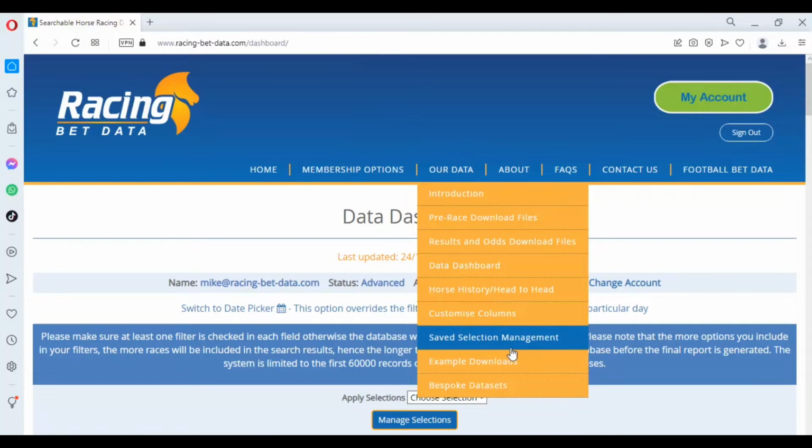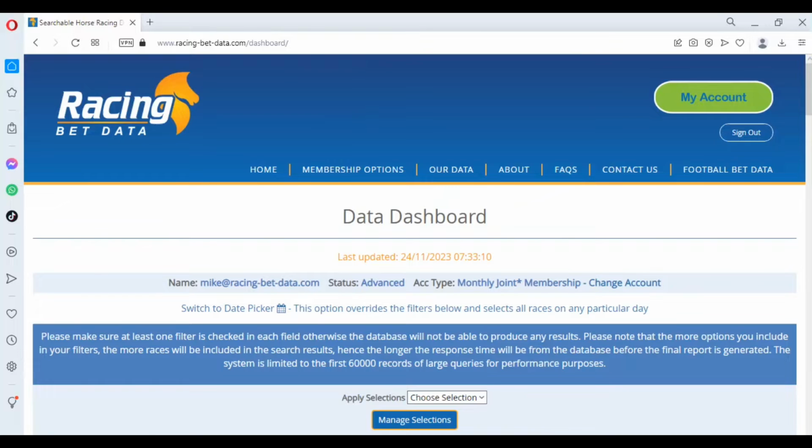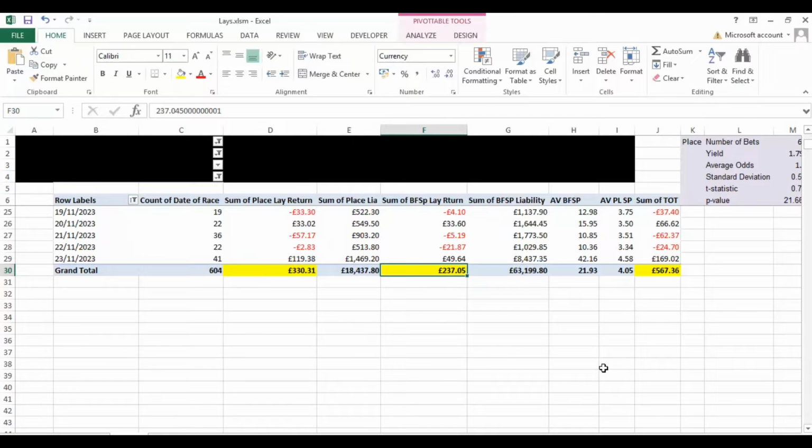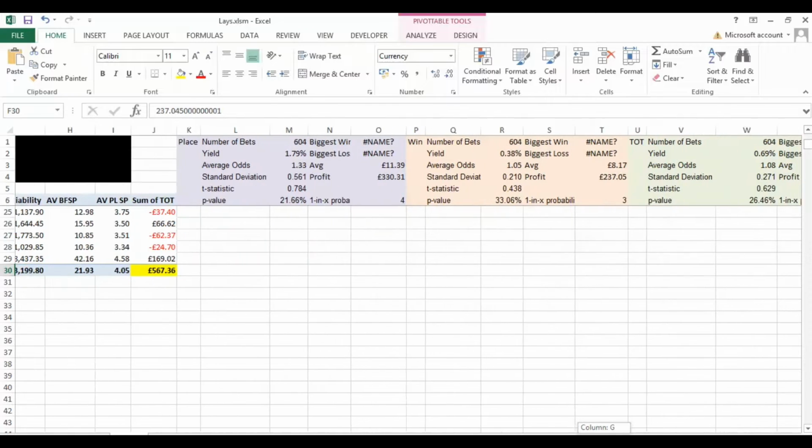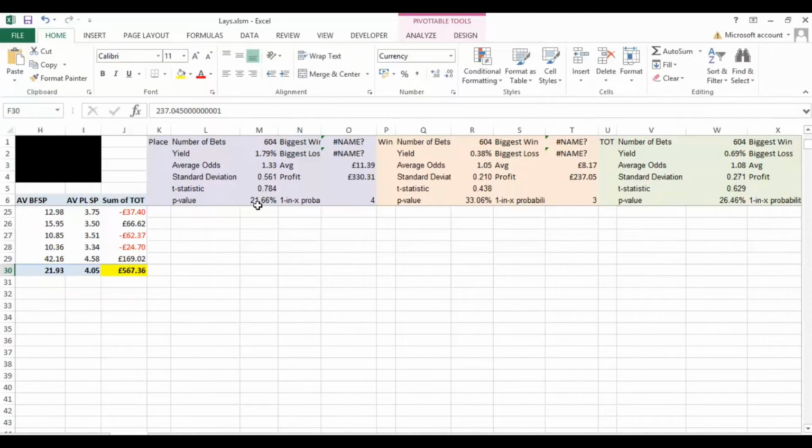Now I also showed you, and I'm just going to go back to the website as well and show you where it is, but in the example downloads page there is a statistical relevance file which is free to download. There's separate videos on that, so I'm not going to go into that in any great detail, but what I did was transfer those formulas and calculations over into this sheet so we can automatically look at them. Now if you look at these p-values, really high, so not what we'd want and not what you would take as a reliable